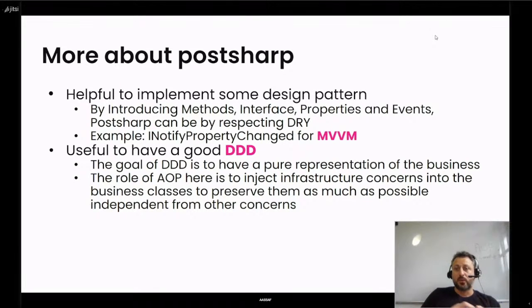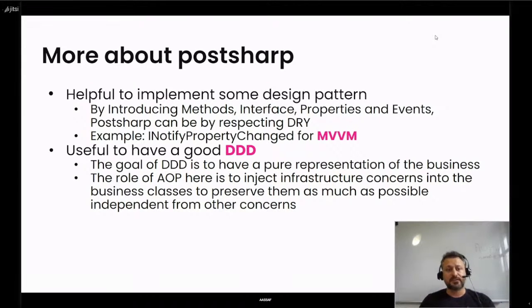So this pattern is crosscutting and will be repeated every time we want to develop an MVVM in WPF. With PostSharp it is very easy to automate and apply a design pattern on existing code without adding code to the business logic.